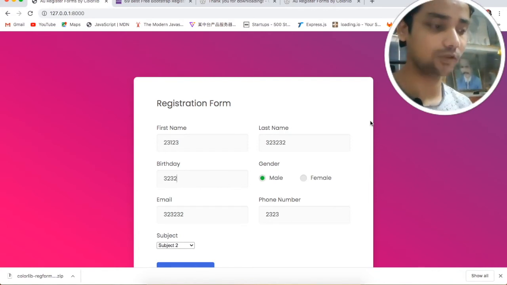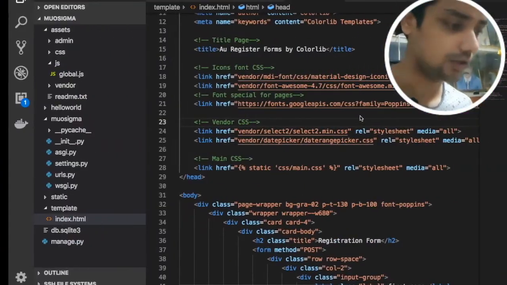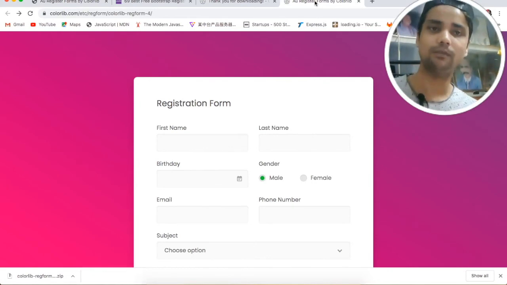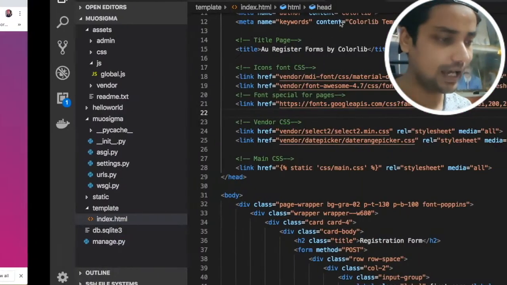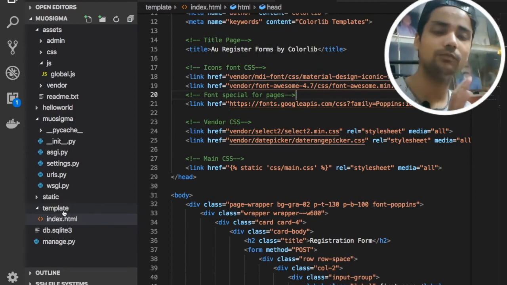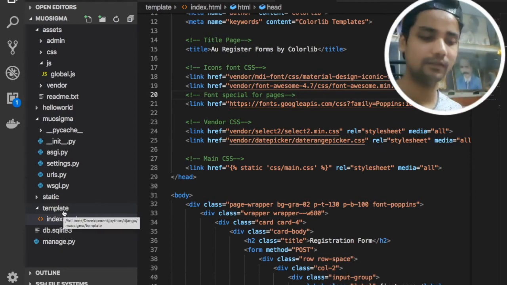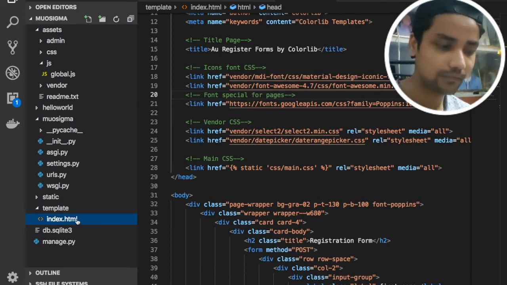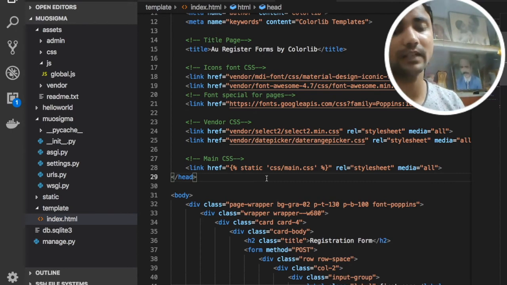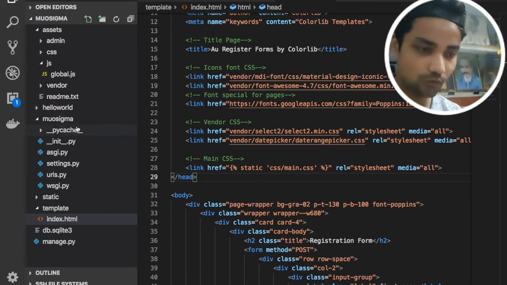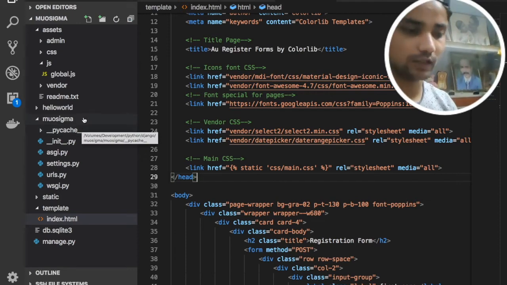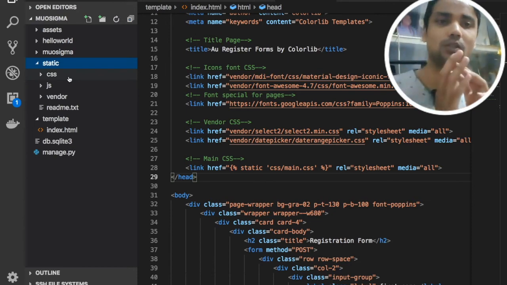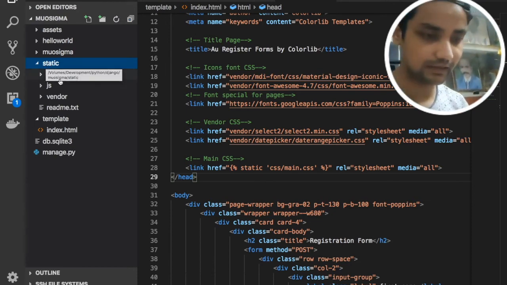So yeah, let's recap the things once again. In the very first step, you need to first download the template. Whatever template you want to use, you can download, and the main index file, the .html files, you need to put inside the templates folder only. For the other files, you can make a static folder at the top of the root, like this, and just put all the other files inside this static folder.